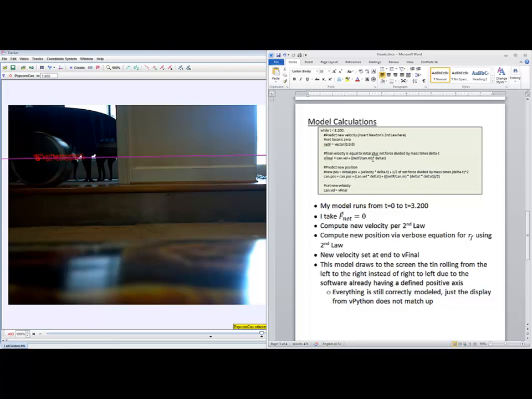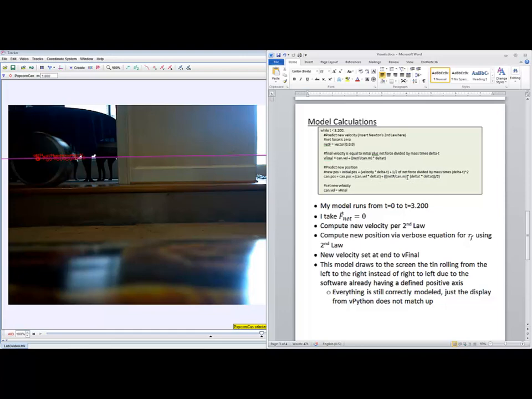I calculated final velocity to set the can to at the end of the loop, and I found the new position the most verbose way using the calculus model, and it's just initial position plus initial velocity times delta t, plus the net force divided by the mass of the can times delta t squared, all divided by 2 on this term here. Of course,